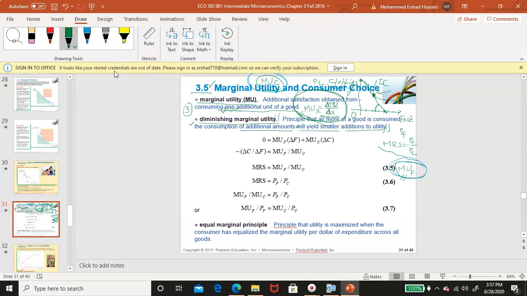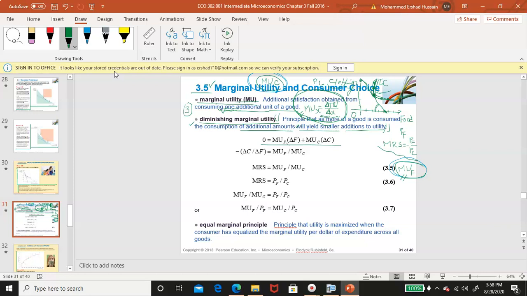Now let us see what is happening here. This is the equation for an indifference curve. What is going on? Remember, along the same indifference curve, look at that IC, utility does not change. The indifference curve is the combination of all those different combinations of food and clothing, but we have the same total utility along a single curve. So when we go from one point to another point,